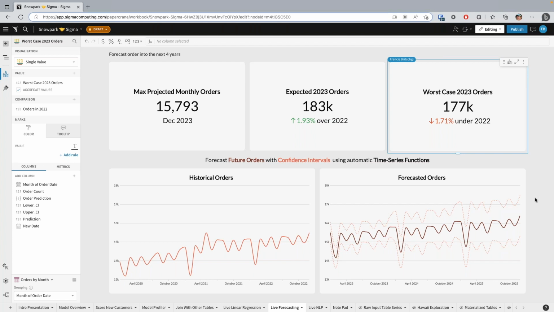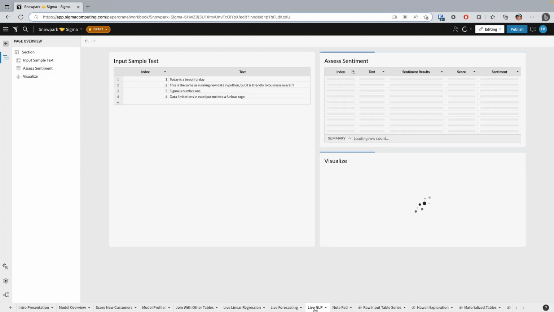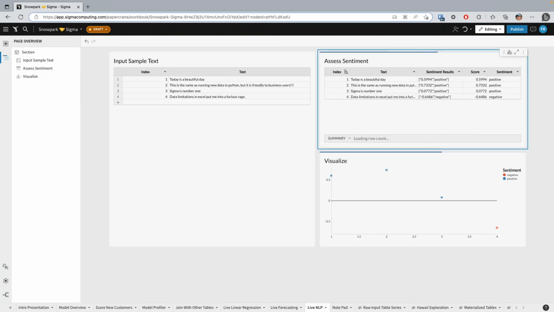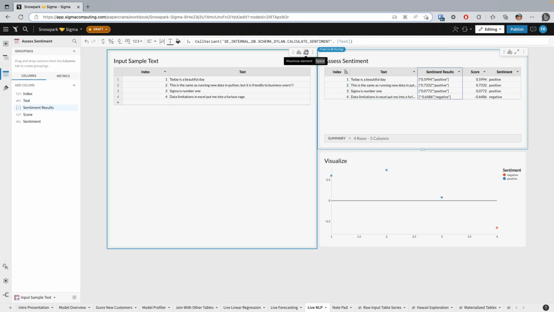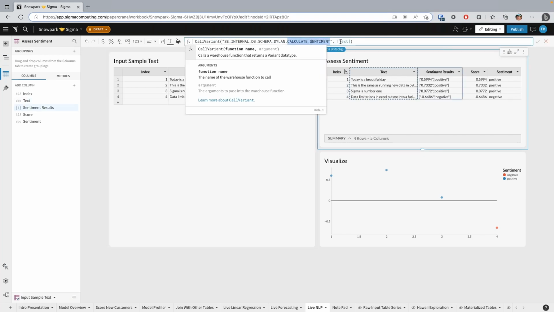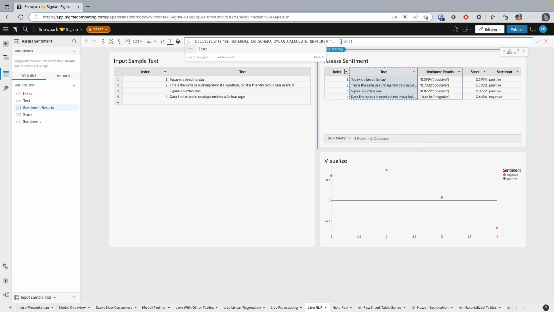Sure. This is another exploration that I've been looking into. It's the same functionality. As we move from linear to time series to NLP, it's always going to be the same methodology, which is where I am able to put in data and run it through a UDF, where I calculate sentiment and I just run it on the variable that I need. And on the back end, we're sending that request to Snowflake to run whatever statistical or analytical or data science method that I want. In this case, it's a sentiment model. And what this will do is assess the sentiment of whatever text I put in.